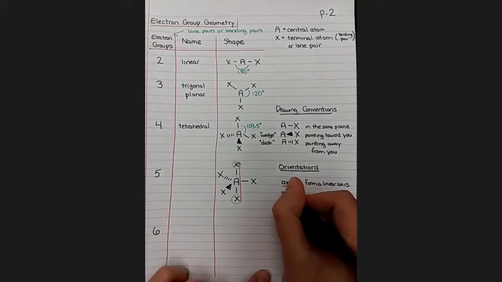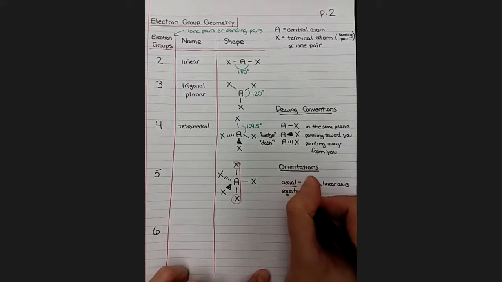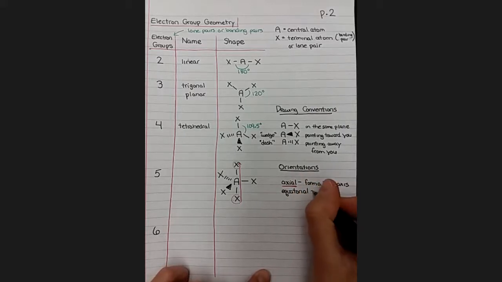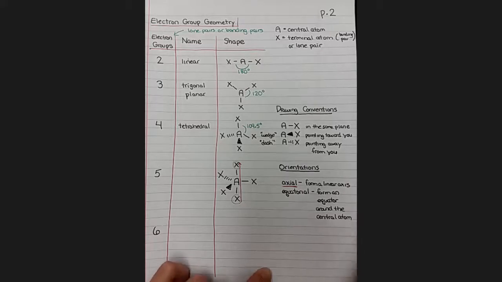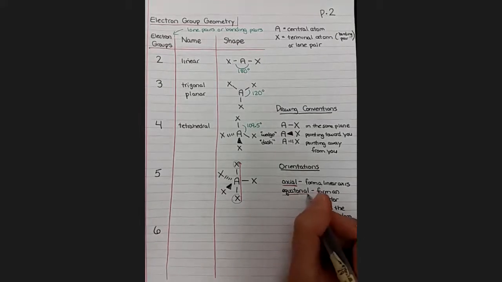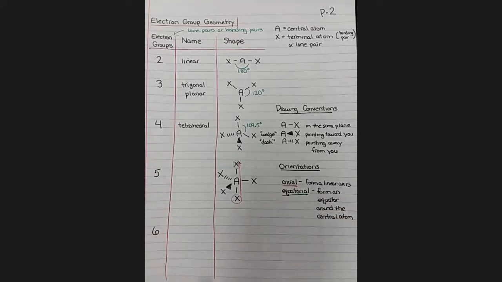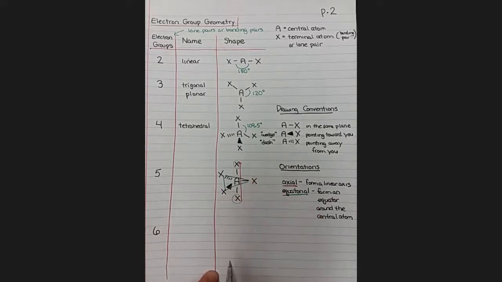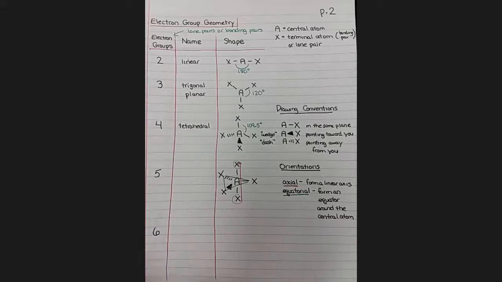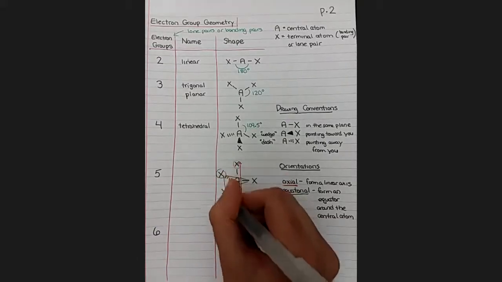And the other type of connection is called equatorial. And equatorial atoms form an equator around the central atom. And that equator forms a plane. It's flat. So we can find the plane in this molecule by connecting these three atoms. These three atoms are all in the same plane as each other. So we would call these three X's